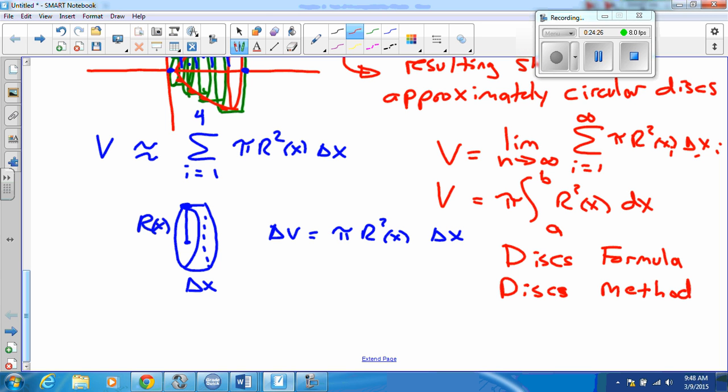The way that Archimedes did it was very cool. He did exactly what we did here. He used circular disks to approximate. He used basically a left sum and a right sum. So the left sum was too big, the right sum was too little, and he said that the volume had to be somewhere between there. And then he would let the number of disks increase, and as he did so, the volume was squeezed between the left sum and the right sum. And he called this the method of exhaustion. Sounds kind of